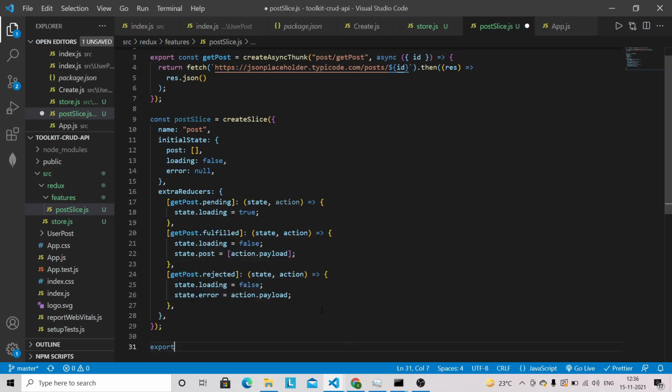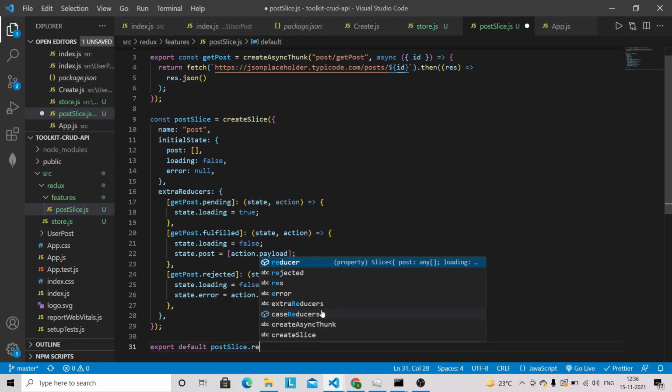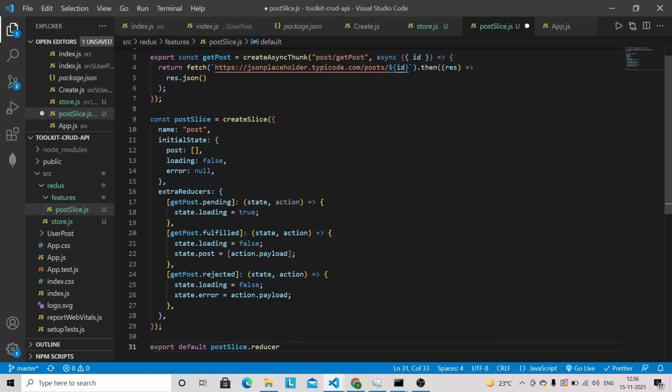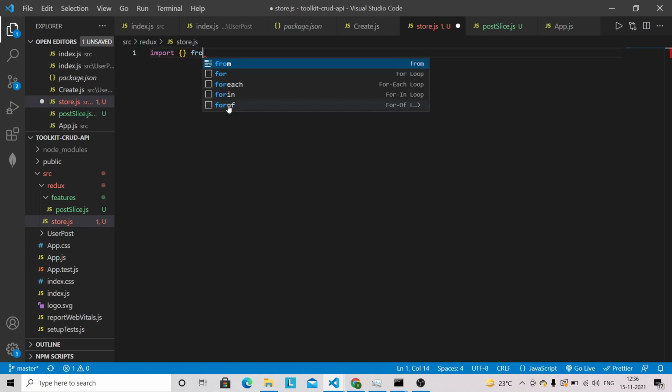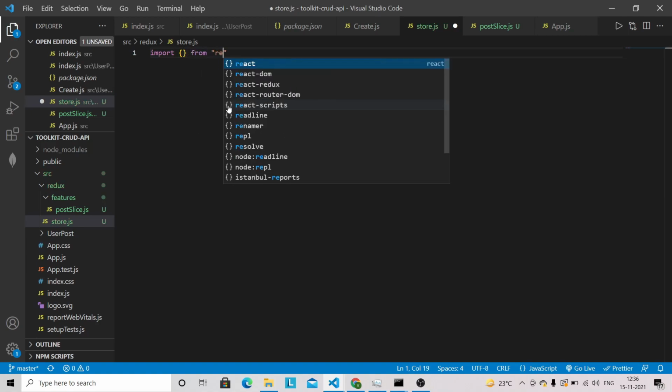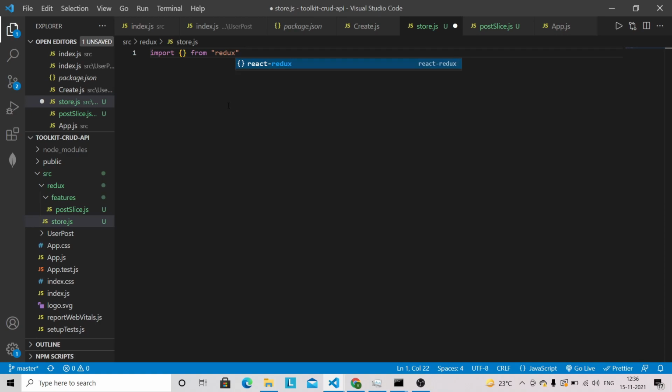Now we have to export this one, export default postSlice.reducer. And we have to configure the store as well, so we need to bring configureStore from our Redux Toolkit.